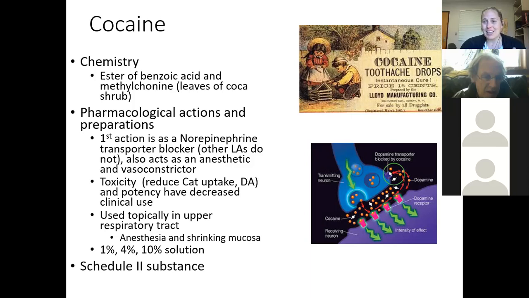I feel like this is a place where Keith can come in and talk a little bit about the history of cocaine, just because it's fairly abbreviated in our textbook, but I know there is a long history of this particular compound being used. I believe it was originally found in the coca plant. The leaves were chewed upon by the Incans. Eventually the Spanish came over and figured out how to purify that compound. I think I read that they took it back to Europe and had a hard time. It was almost a hard sell, because tobacco had already hit Europe and gained popularity more strongly and quickly.